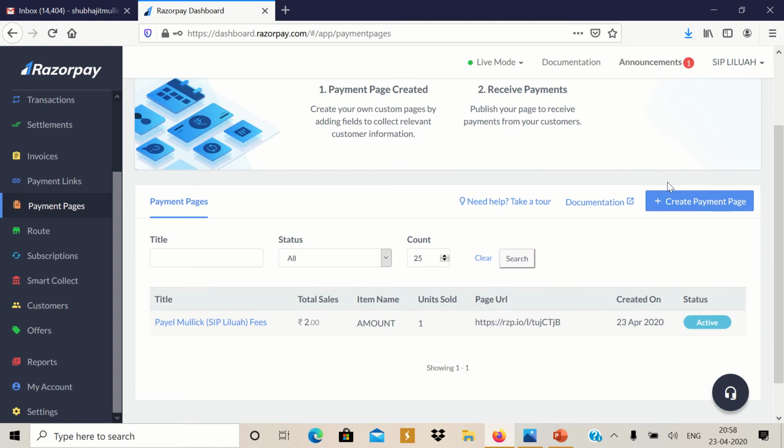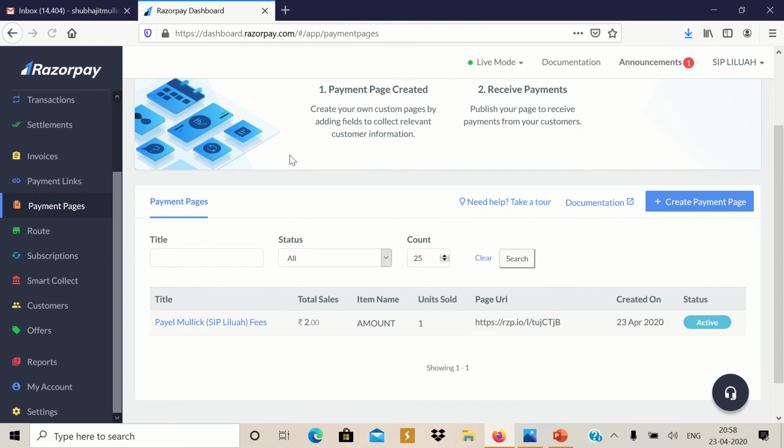One thing always remember while using this website: above, there are two modes. One is live mode and one is test mode. Live mode is where it's actually happening, and test mode is just for your testing. Obviously I'm under live mode. While showing you what you need to do, I'm showing you under live mode so you can understand. So I'm creating one page, I have to create the payment page.